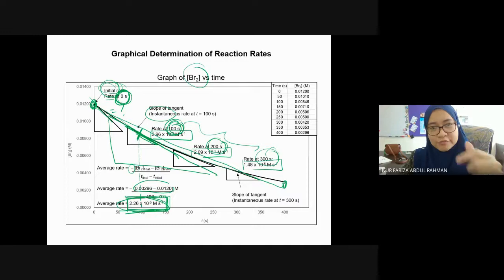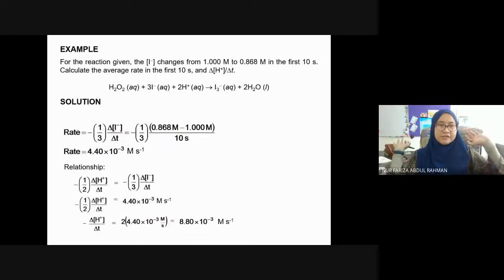Okay, when you read the rate of bromine, it is decreasing at a rate of 2.26 times 10 to the power of negative 5. Because you know it is a reactant, right? So that's why we say decreasing. Okay? Alright. So we are done with the